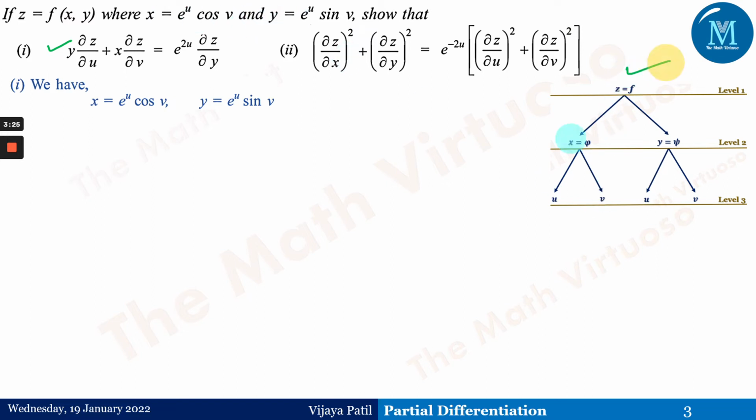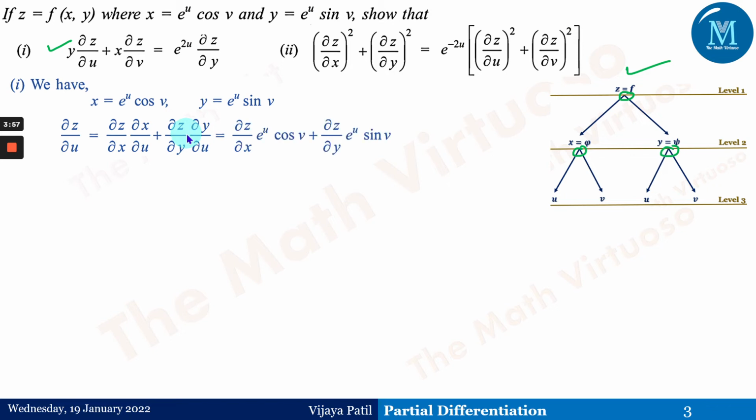Otherwise we would have to make some changes in the variables, like if instead of z we had been given u, we would have to write u here, but we do not have that. We have the same variables over here. Then, as I have told you, because from every variable two arrows are coming out, we have to have everything in partial differentiation. So dou z upon dou u is dou z upon dou x into dou x upon dou u, plus dou z upon dou y into dou y upon dou u. We just have to take this differentiation.